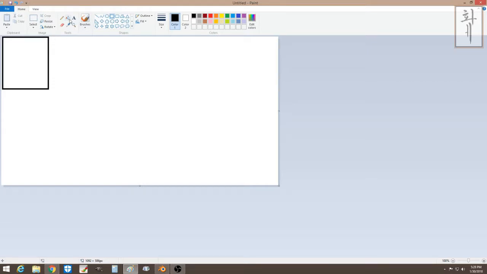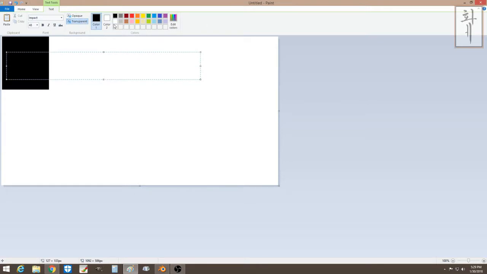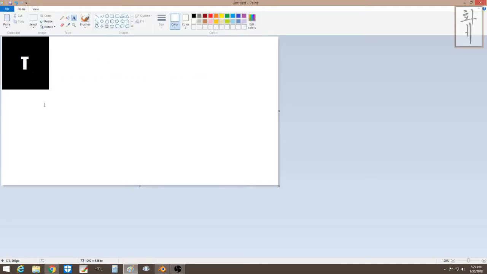Alright, let's do that and paint it black and T. Okay. So your logo is T. Alright, if you're going to do it on Paint or any paint program, it's always better you